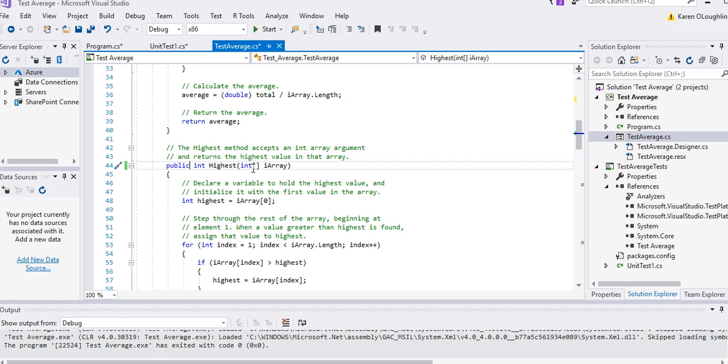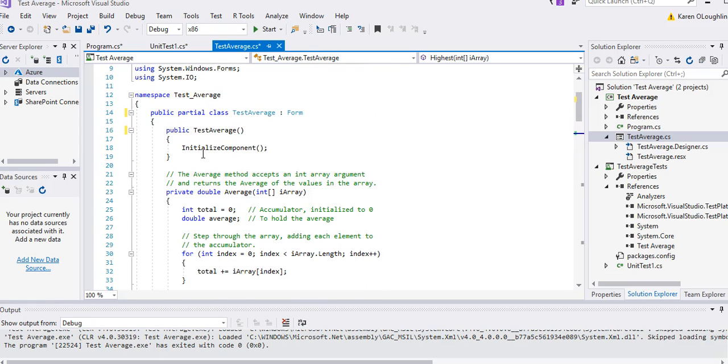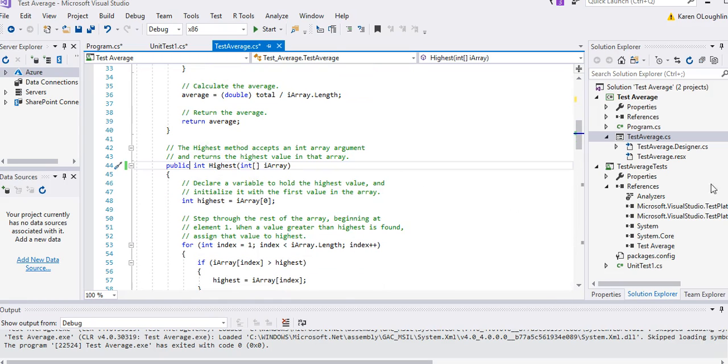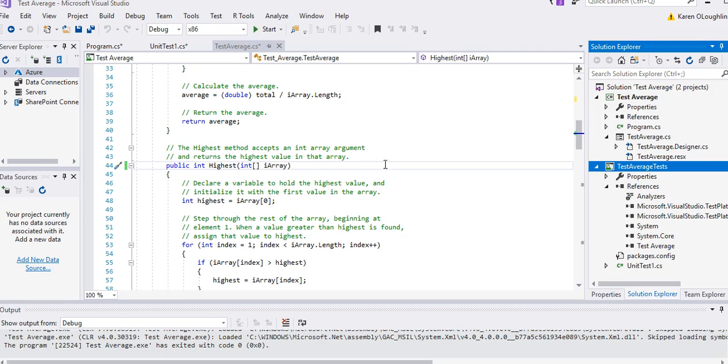That's one thing that we're going to need to do in order to test some of these, is that private access doesn't let us actually access them, and I'm not sure how to change that, so I changed it to a public method. So on yours, when you are working with them, if your methods are not public, you're going to want to make them public to do the testing, but we'll show you how to set that up. So I'm going to work with testing the highest, and so what we need to do then back in our test scenarios